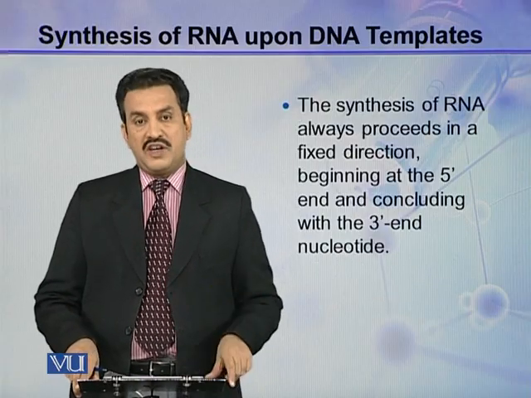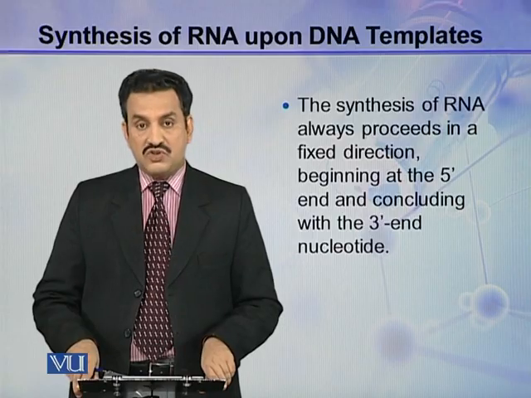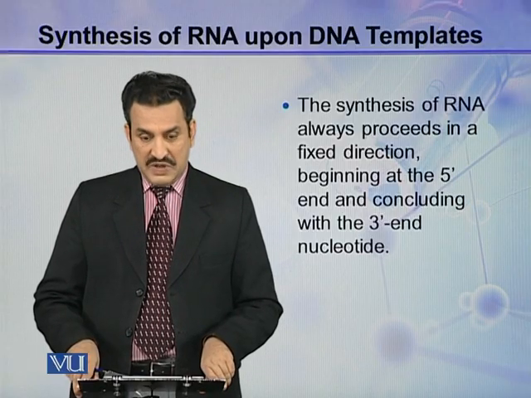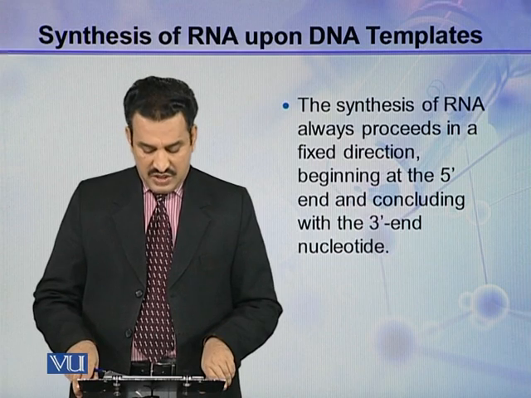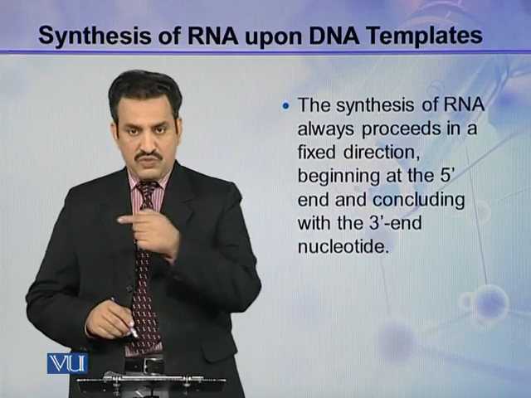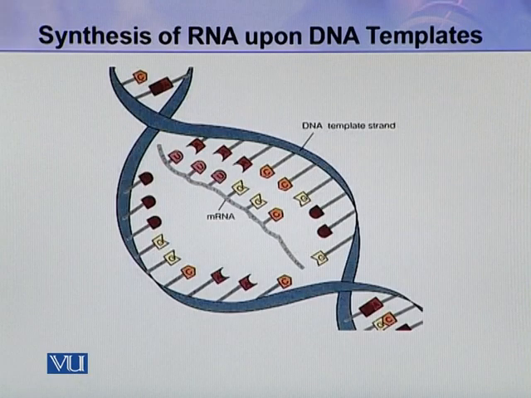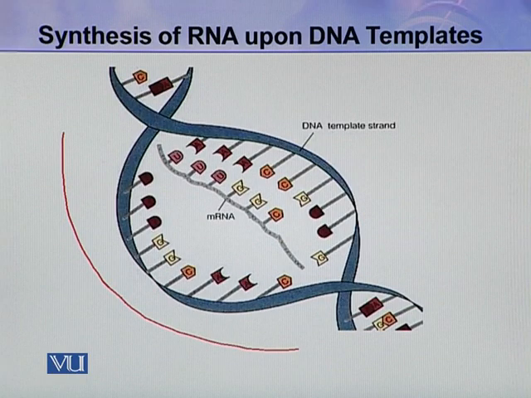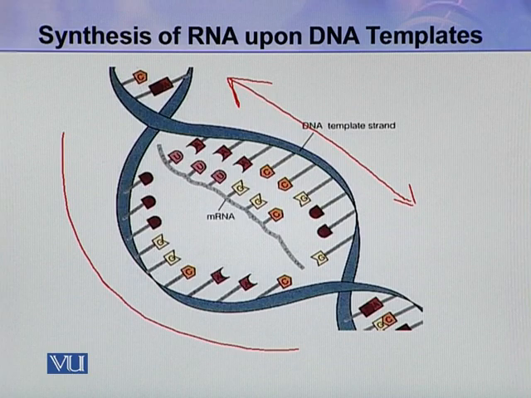The synthesis of RNA always proceeds in a fixed direction. That direction begins at the 5' end and concludes with the 3' end nucleotide. So this is from 5' to 3'. In this picture you can see this is double-stranded DNA. So from here it unwinds and makes a loop, and inside this loop, this is the newly synthesized mRNA molecule. So bases are added and new bases will be added here, and in this way this new molecule will be